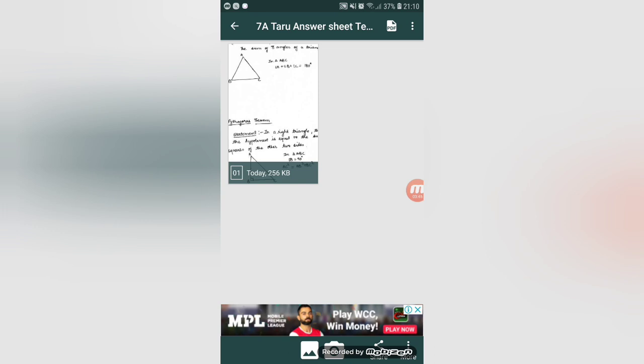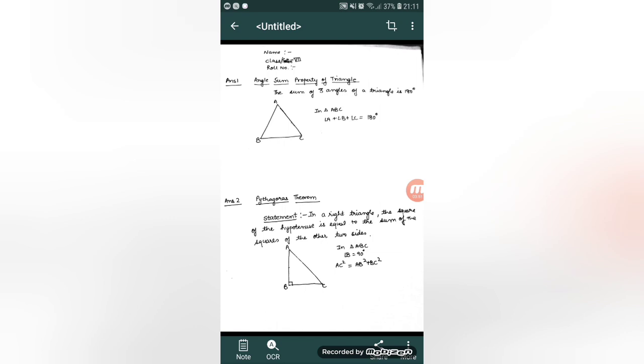If you don't want to rename, you can also submit it like that, because it will be like your attachment from your mail ID, and your name will be visible to the teacher when she opens the attachment that you have sent. Otherwise also it is always preferable to write your name, class, section and roll number at the top.